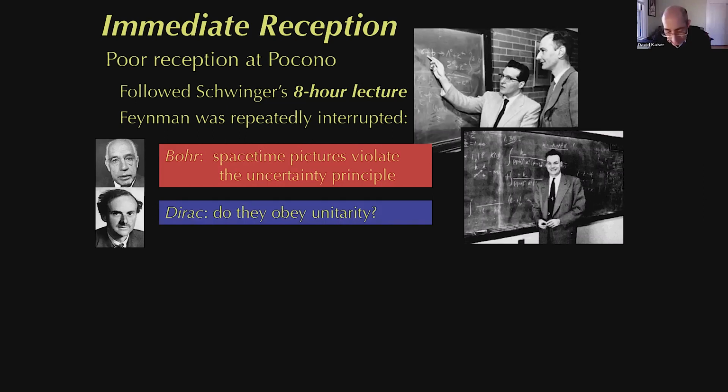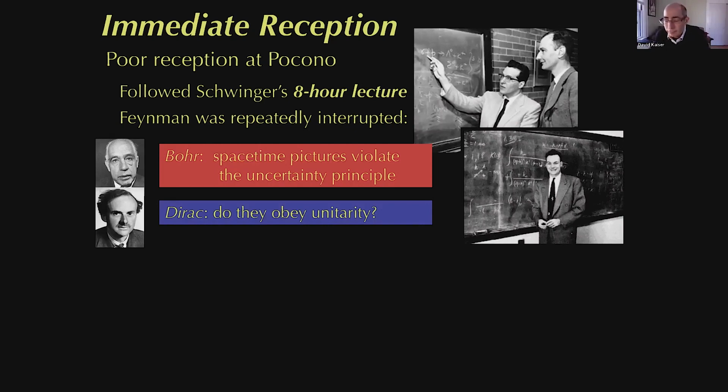Unitarity, as some of you might know from other classes, is really a fancy way of asking: does the sum of all these probabilities add up to 1? There's a 100% chance that something will happen, and it might be a 35% chance of that and a 42% chance of that. You have to add all these up. Does the sum of all these probabilities obey the conservation of probability? Does it add up to 1?